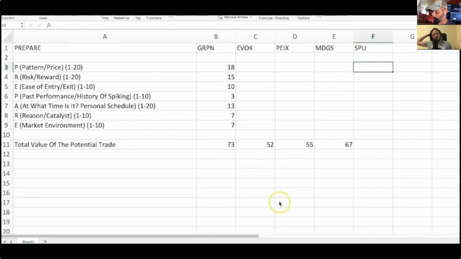Now, this is my favorite part. You wanted to know why I wouldn't give it a 20? Because I must have mentally known when I added up my score, you had guessed before it was going to be in the 80s. When I added up my score, it's a 79. 79's good. 79's good. So that's why I wouldn't give it a 20, because I didn't want it to be in the 80s and for you to be right.